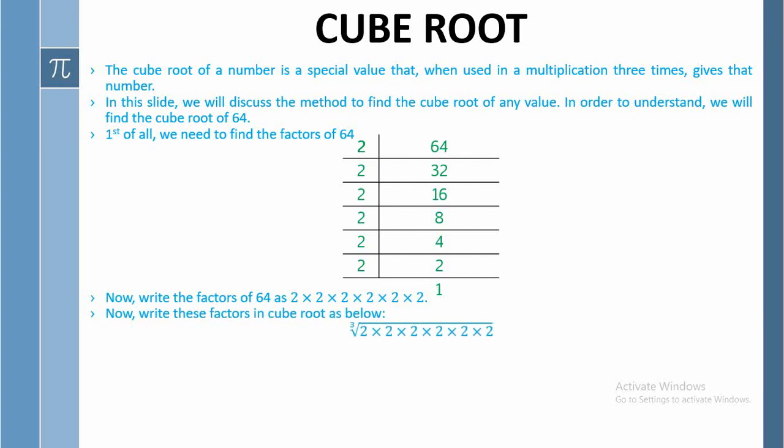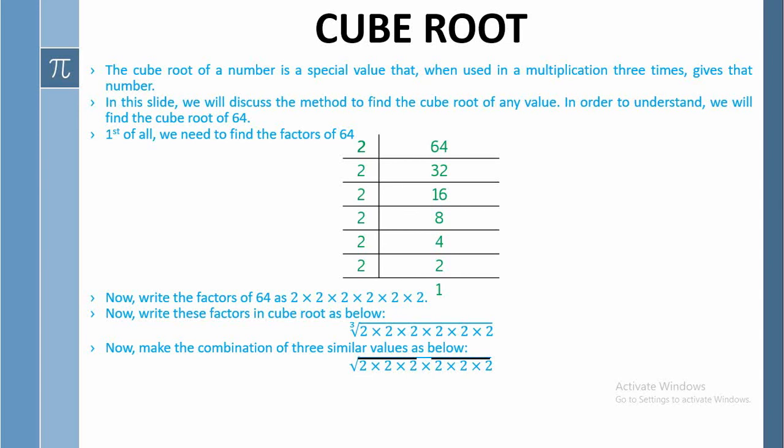You can differentiate in sign between square root and cube root. The square root can be written as only root, while the cube root must have three over that particular root. And in cube root we need to make the combination of three similar values, and we can make here two combinations of 3 2's. We have first combination of these 3 2's, then we have another combination of these 3 2's, and they can be written as 2 to the power 3